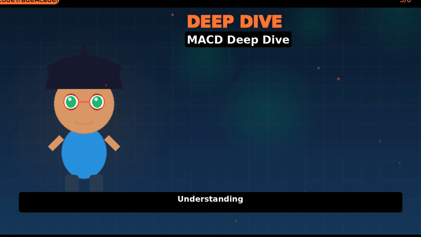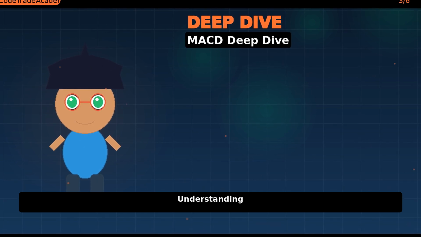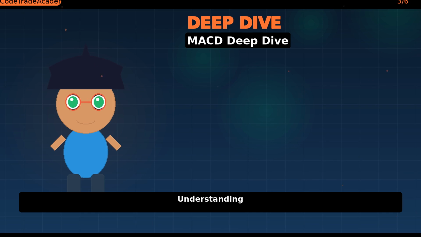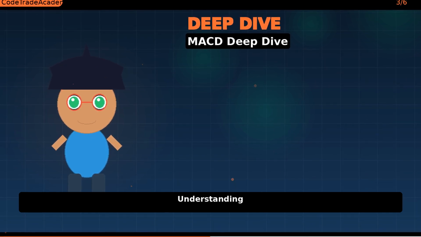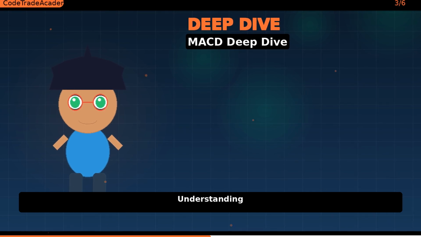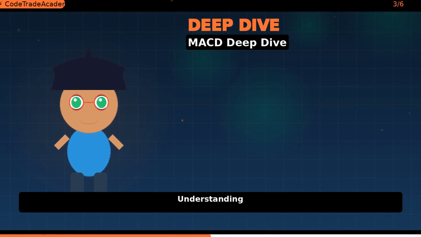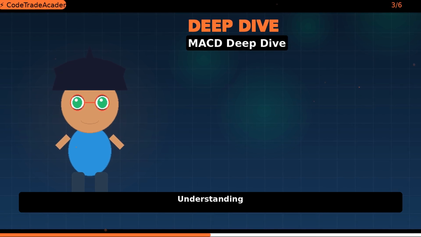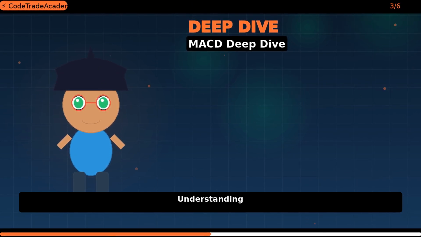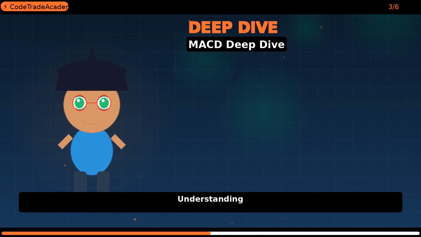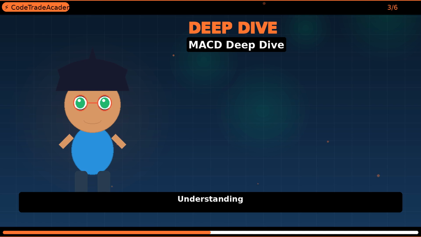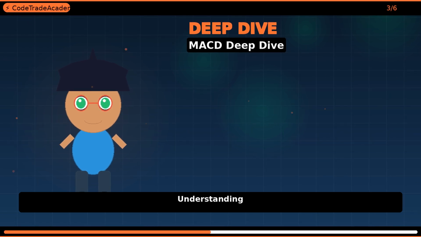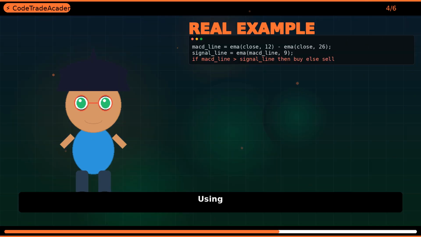Now, let's dive deeper into the world of MACD. One of the most important things to understand is the concept of divergence. When the MACD line and the price chart are moving in opposite directions, it's called a divergence. This can be a powerful indicator of a potential reversal. For example, if the price is making new highs, but the MACD line is making lower highs, it's a bearish divergence. On the other hand, if the price is making new lows, but the MACD line is making higher lows, it's a bull